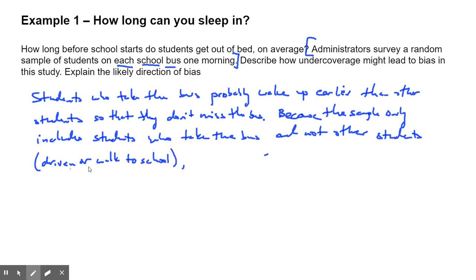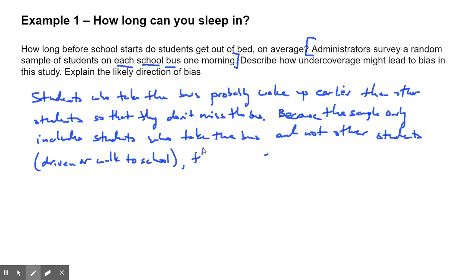If you walk to school, it depends how far away you are, but typically you're probably not that far away. If your mom or dad drives you to school, usually you can wake up a little bit later, because they can get you there faster. You don't have to go to all these people's houses. So because the sample only includes students who take the bus and not other students, those driven or walking to school,